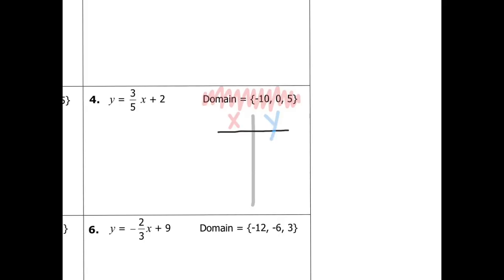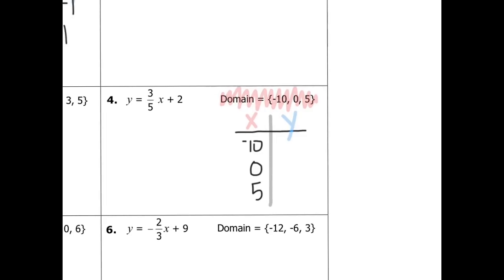The 3 things they're asking me to calculate are a domain of x as -10, x as 0, and x as 5. So I'm going to go over to my equation. Check this out. First thing I'm going to do is highlight my x and where I'm going to have to replace my x value, and highlight my range, my y, my output. And I realize that what I'm going to have to do here is multiply